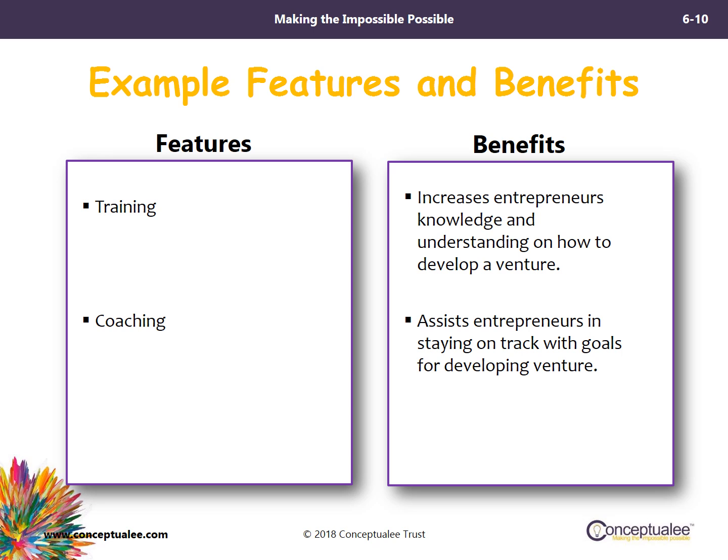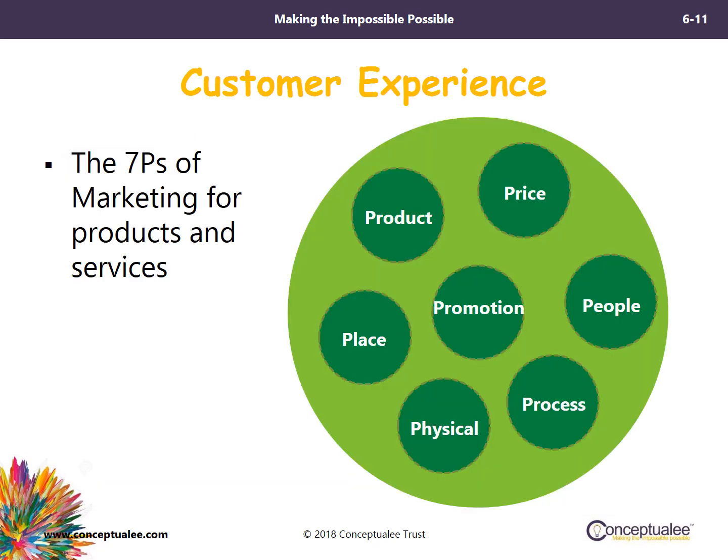Now, when we're talking about features and benefits, and when we're talking about the whole solution, we were focused on the user experience, okay, because it's related directly to the product, correct? So now we're going to just talk a little bit about the customer experience. A model that's good for evaluating or interpreting customer experience is based on the 7 P's of marketing. It's really focused on the marketing strategy, but again, it creates a nice framework also for looking at your customer experience. The product dimension is obvious because we've been talking about that quite a bit.